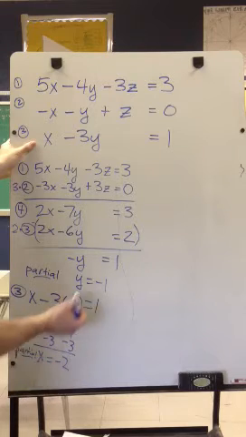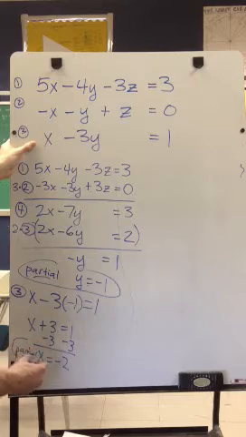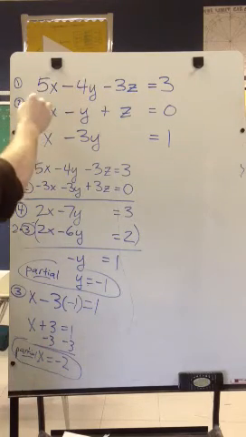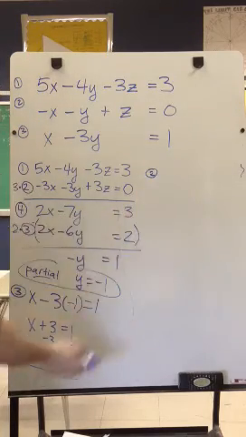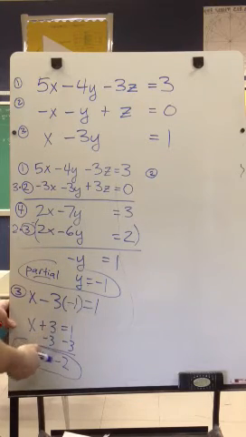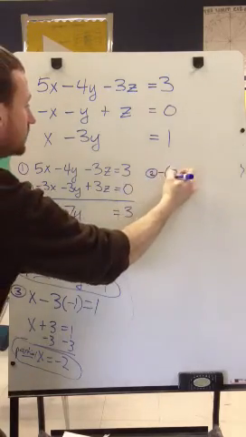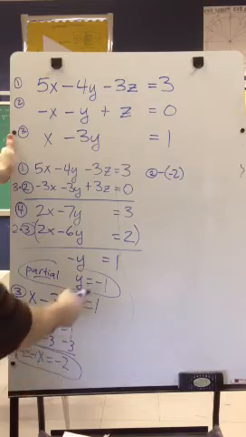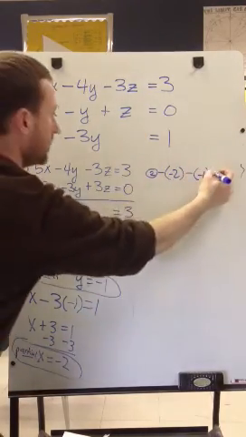Okay? I'm going to take both of these now, partial 1, partial 2 that I found, and plug them back into one of my first equations. I'm going to choose equation 2. It looks like the simplest one. So equation 2, negative x. Well, x is negative 2. So negative 2, minus y. Y is negative 1, so minus negative 1, plus z